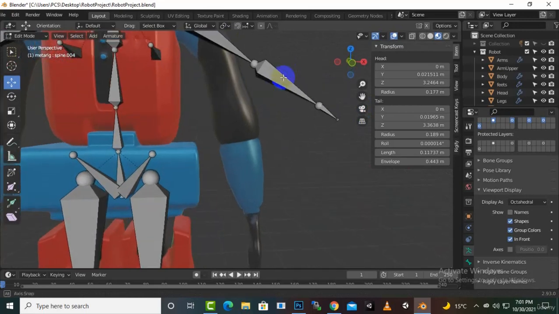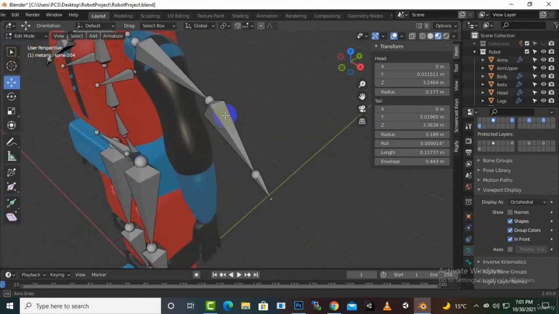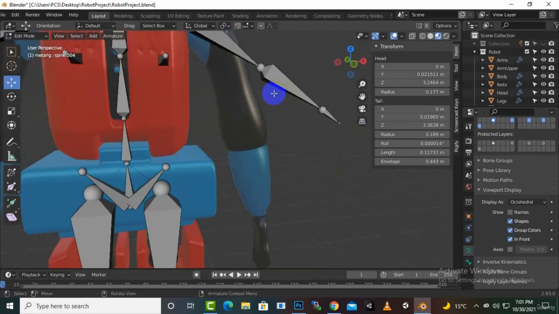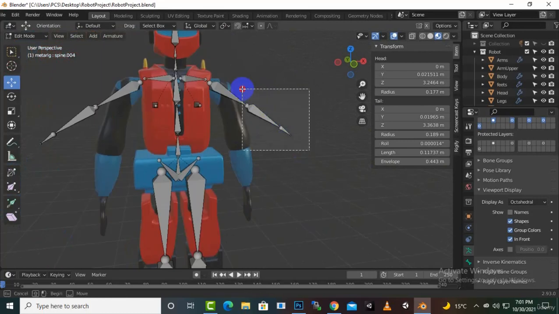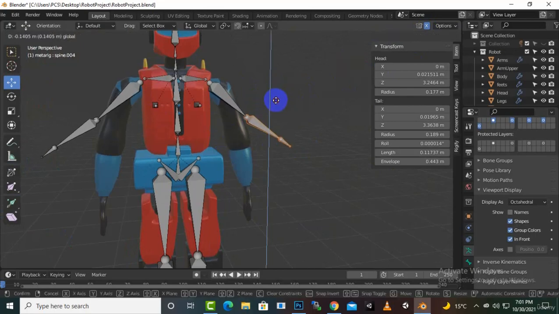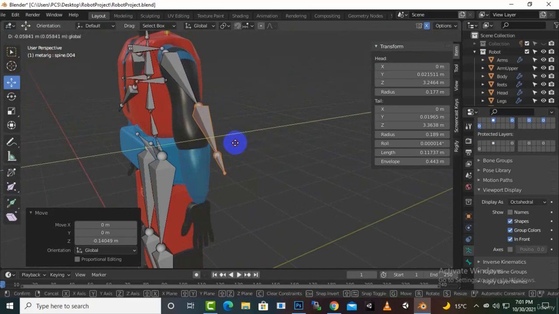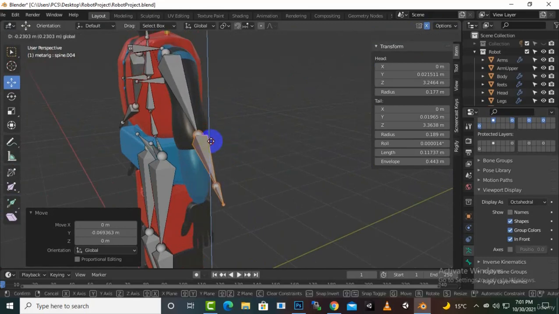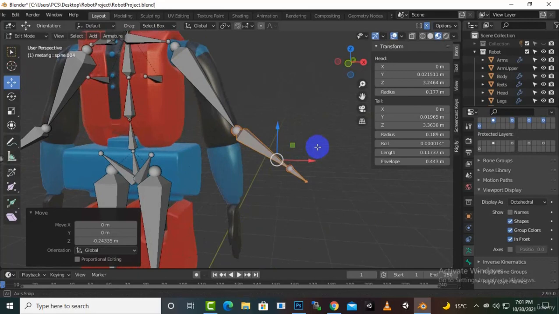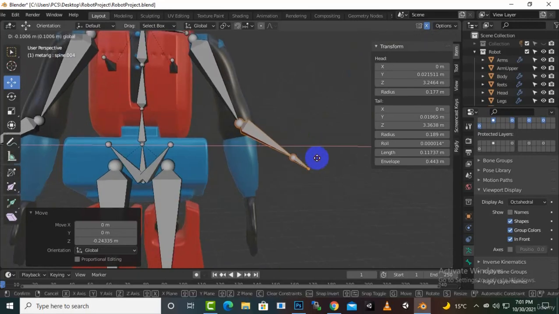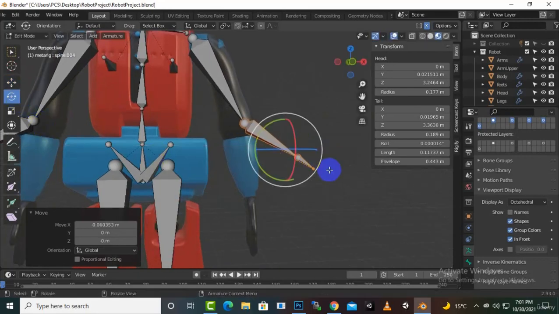And then we have this section, so let's select this section, and also we will enable the symmetry, which is here on the top with this X. So we will click here, we can move it, and it will move to the other side as well. So we'll just move it like this, and then we can move it here. We can rotate it as well,